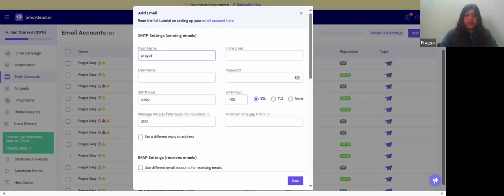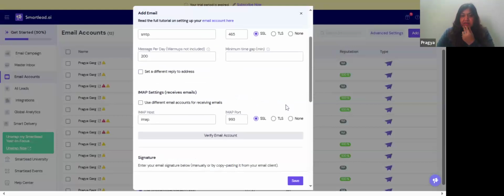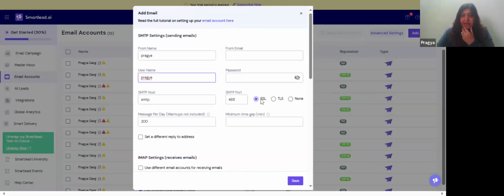For example, it is Pragya, and this is my username as well. I wanted to go from Pragya, and then I'm going to mention the SMTP port, which you can get from your provider's details. Like you go to Hostinger and you can get it, right? And then the IMAP port and the IMAP details as well. And here you can put your email password. That's why I say never use your main domain.